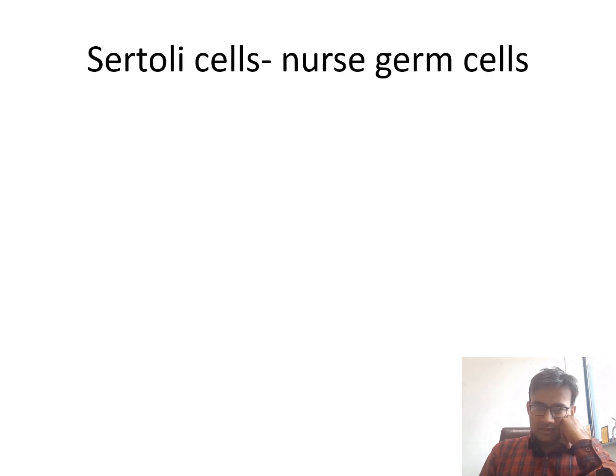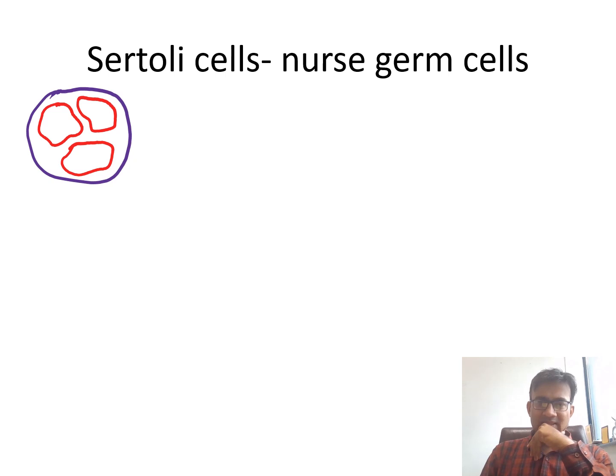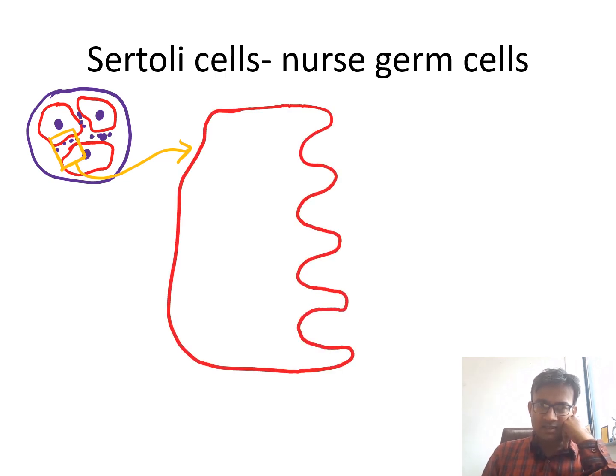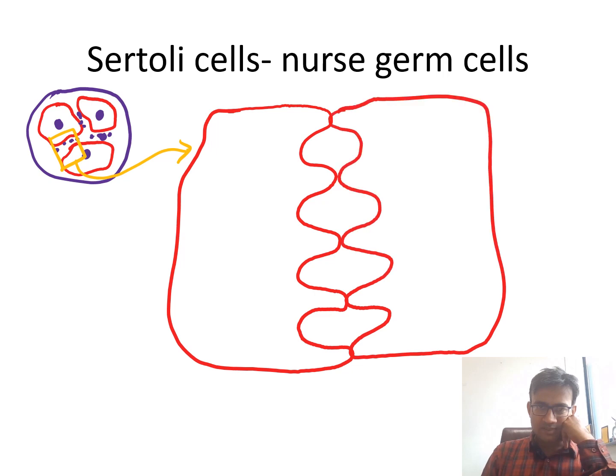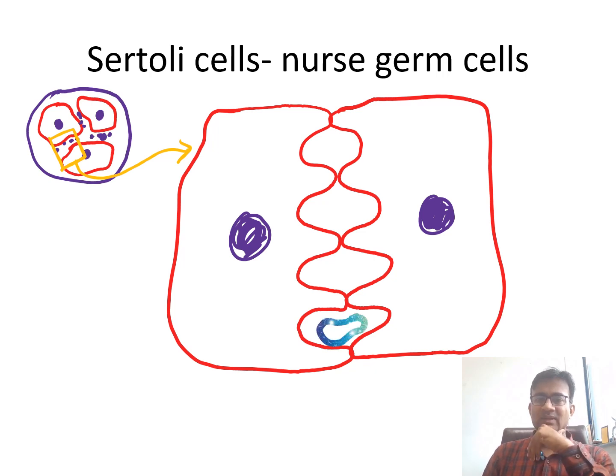So now how this Sertoli cell play the role. Now see here again I have drawn this seminiferous tubule with Sertoli cell. Now here I have drawn some cells in between. Now I will be taking a magnified view of this. So here I have shown one Sertoli cell and other Sertoli cell. So here I have shown two Sertoli cell, and if you see two Sertoli cell carefully, they are in contact with each other. This is the nucleus of Sertoli cell.